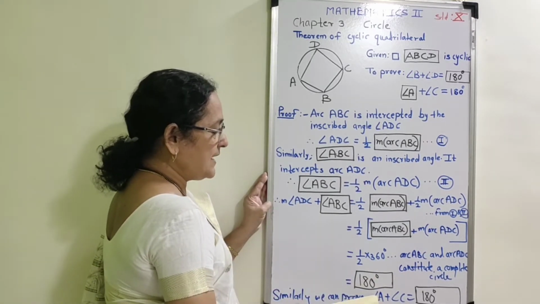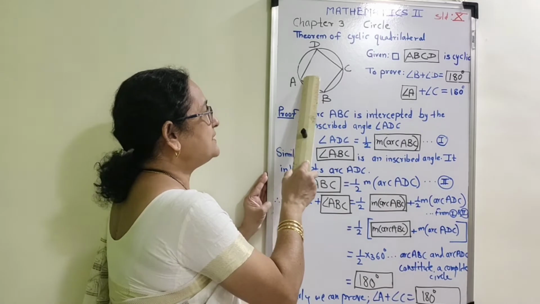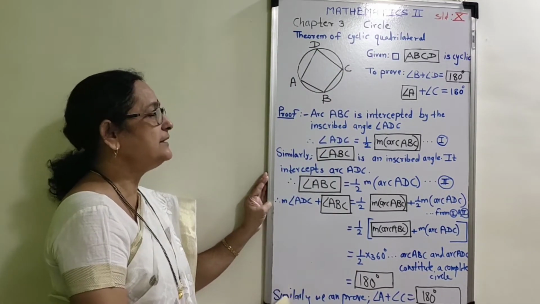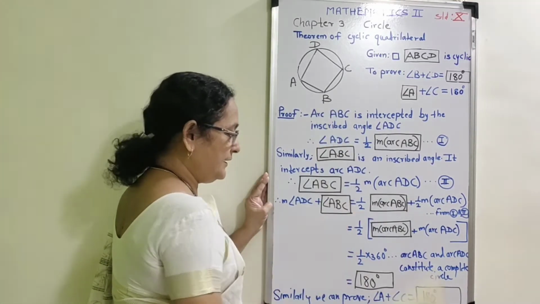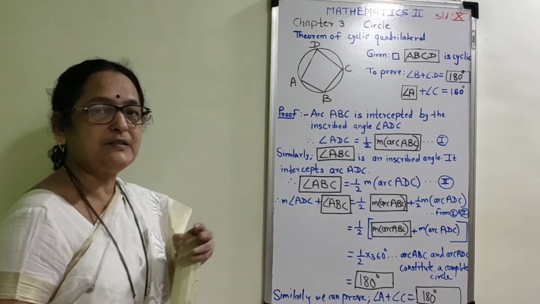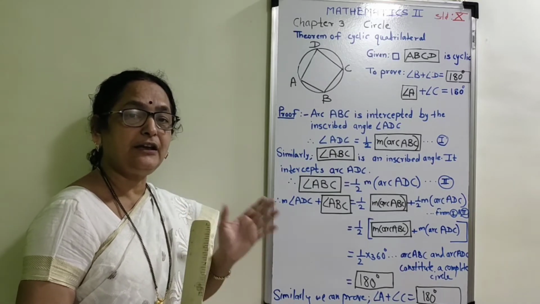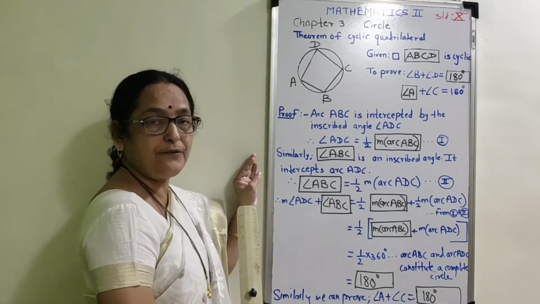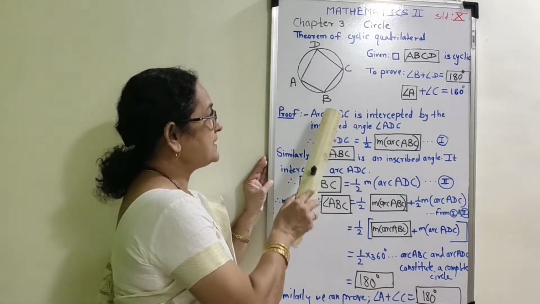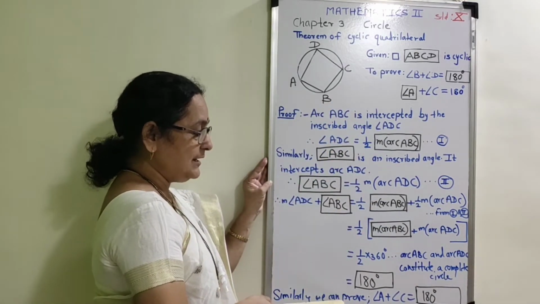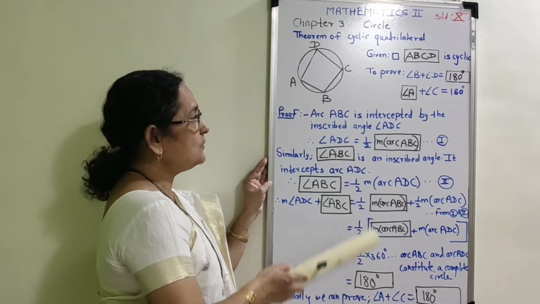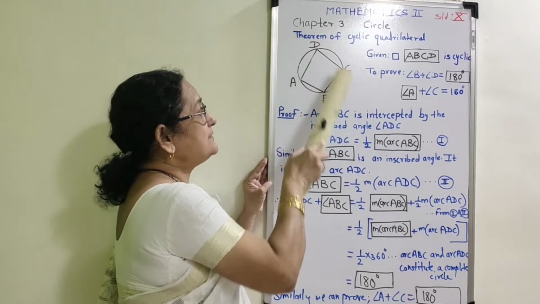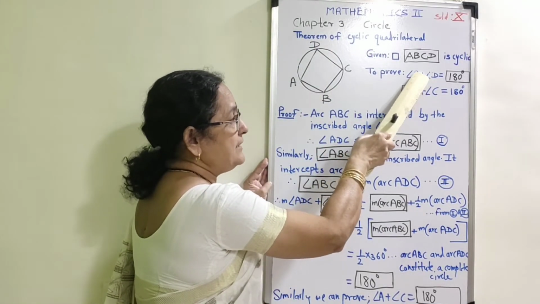And similarly, we are able to prove that the opposite second pair, that is, angle A plus C, is also supplementary, that is, its addition is also 180 degrees. In our textbook, they have given one question: think over how you are able to complete this second part. We have two different ways to prove this. I am going to explain only orally, no need to write it. But here we have completed the proof that B plus D is equal to 180 degrees.